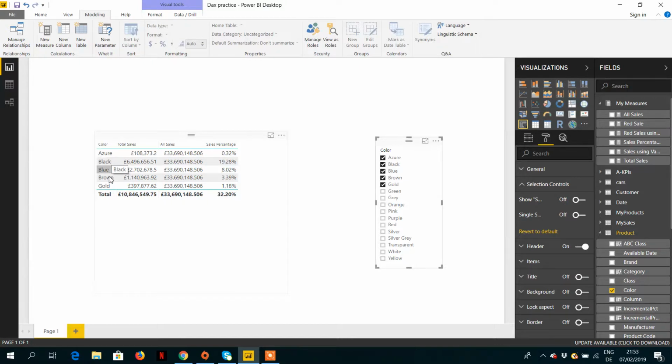These are 5 products, and the total of the 5 products should be 1084649. But if I have a look at All Sales, I'm getting 33,690,148. So this is wrong.